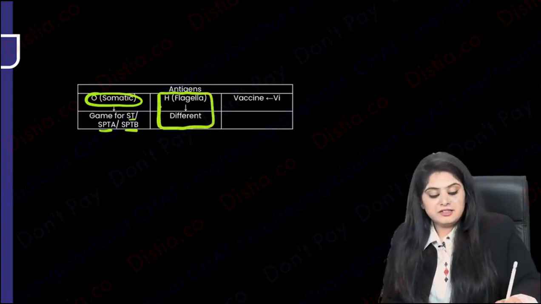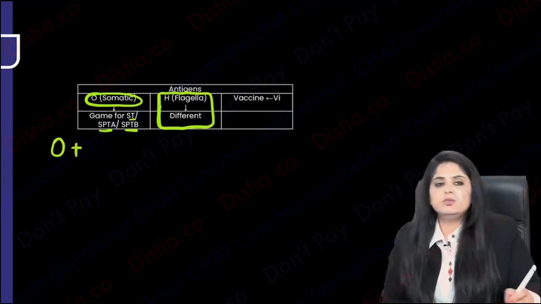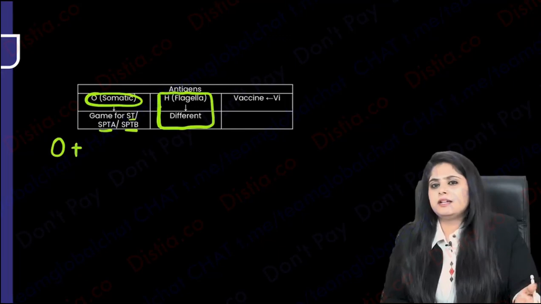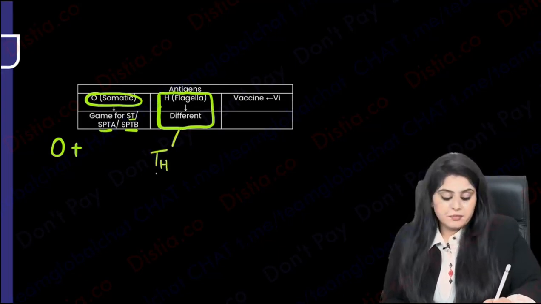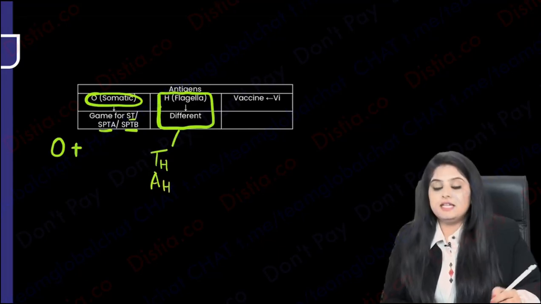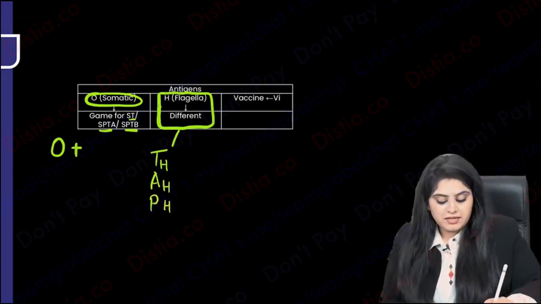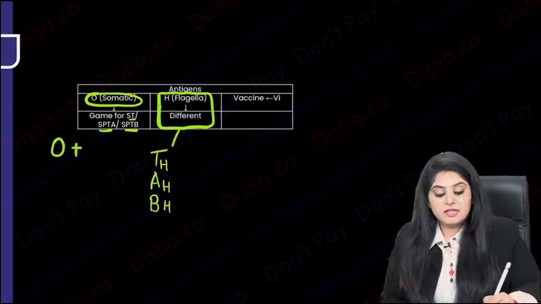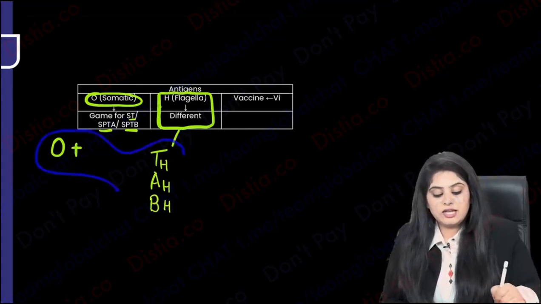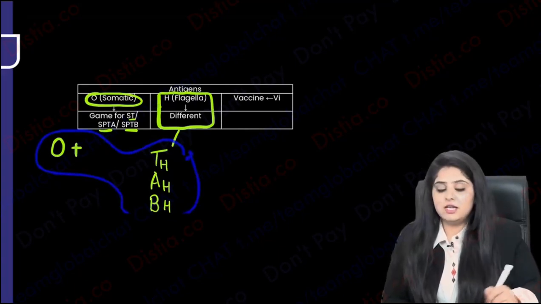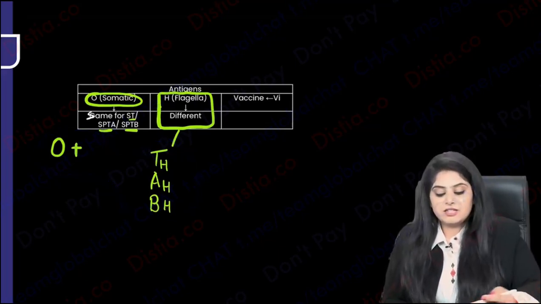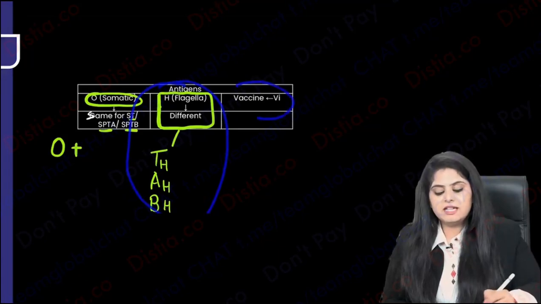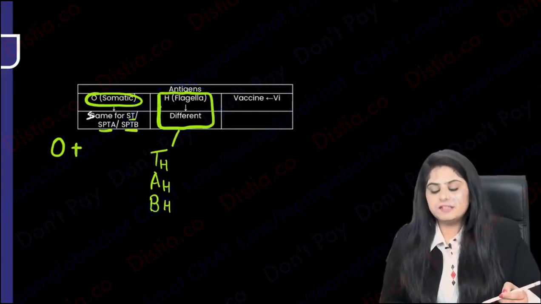Means when I say there is a reaction with O antigen, you will say, ma'am, it could be for typhi, paratyphi A, paratyphi B. Really doesn't matter. Whereas for flagellar antigen, I will have a separate flagellar antigen for typhi, separate flagellar antigen for paratyphi A, separate flagellar antigen for paratyphi B. And remember this, because these 4 antigens are going to help you very soon in a test called Vidal. So the O antigen, I'll say it's the same for everything, whereas the flagellar antigen is different for everything. And VI antigen, I've already told you I'm going to make a vaccine out of it.